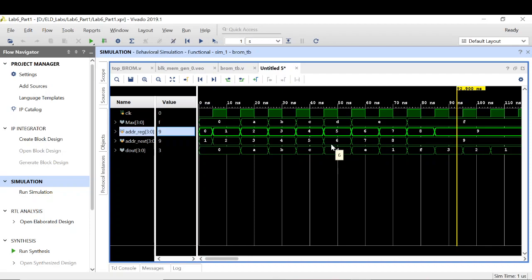Next, we learned how to debug our code using the intermediate values as well. How can I add them into the wave window? This is very useful for designs. For debugging purposes, this thing is very useful. So it's better you keep it